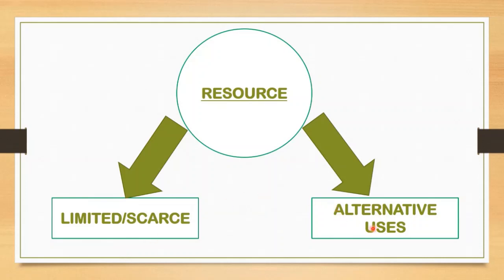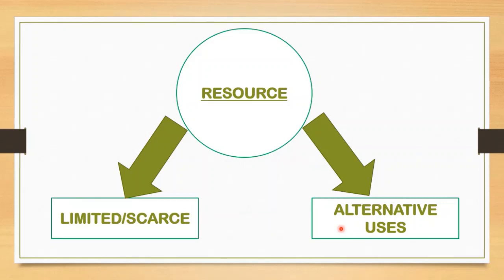Next, we move on to alternative uses. What do you mean by alternative uses? For example, you have rupees 10. Now, with rupees 10, what all things can you buy? You can buy a toffee, a pen or pencil, etc. Now, what is rupees 10? Rupees 10 is a limited resource because you have only rupees 10 in your pocket and not an extra penny. And the things that you can buy with rupees 10, like toffee, pen, pencil, etc., are your alternative uses. Suppose the pen is not available, so you will go for a pencil and so on.